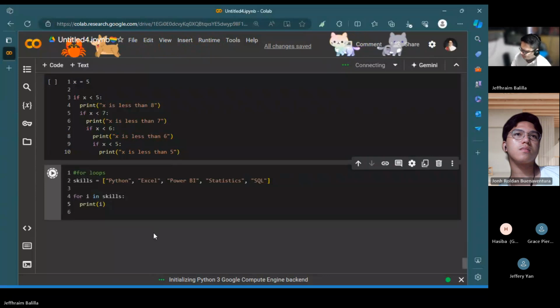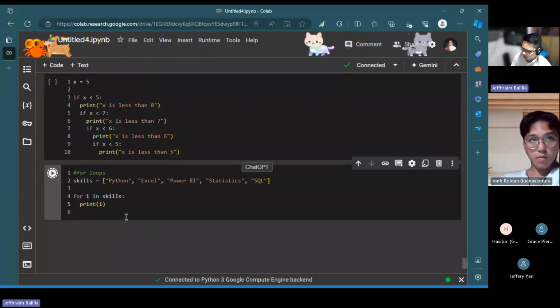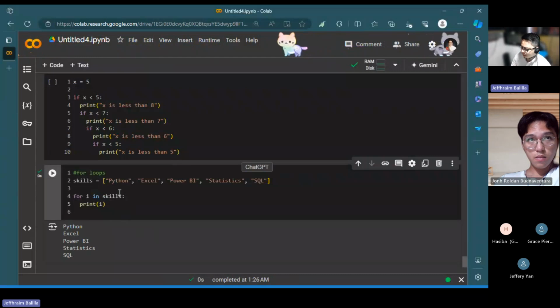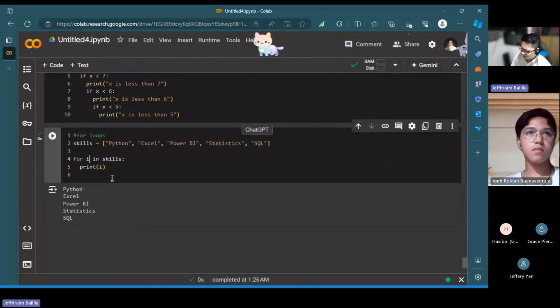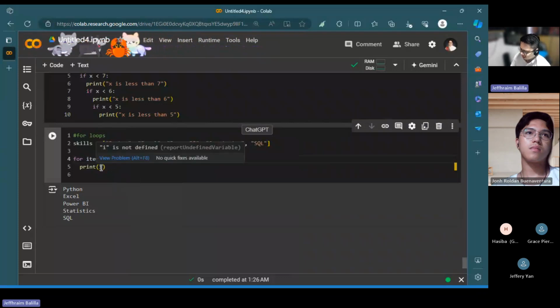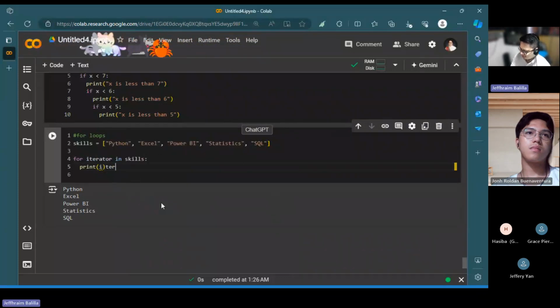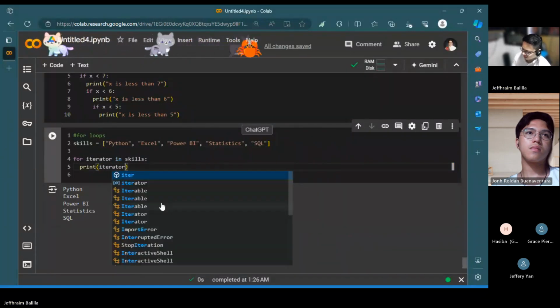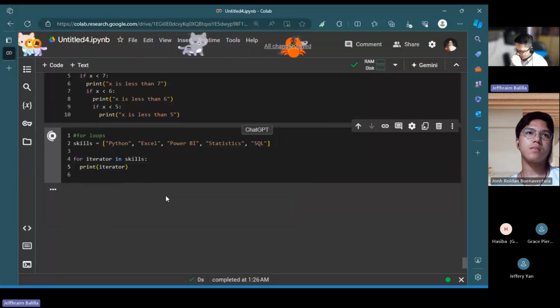As much as possible, we want to name the iterator as simple as possible. You can complete it, but it's not too common to have a complete name for an iterator, though it would still work.